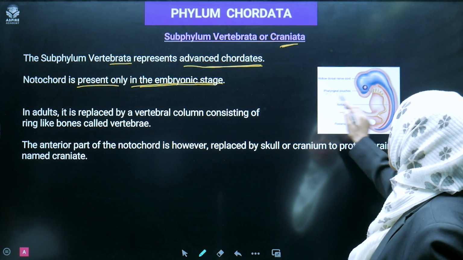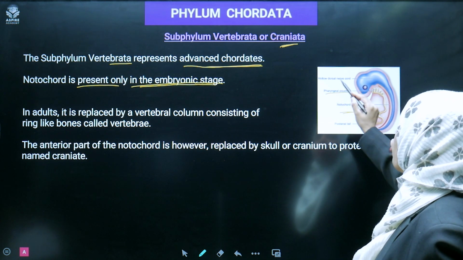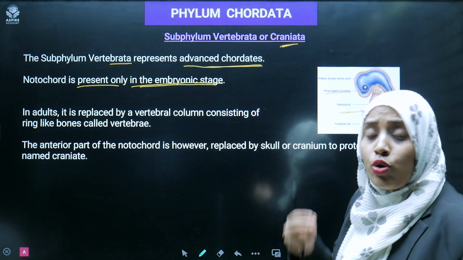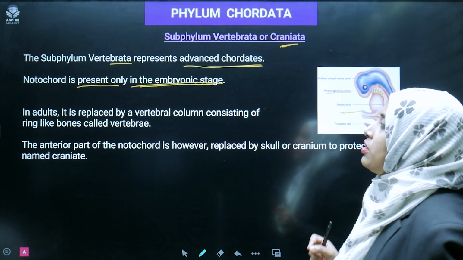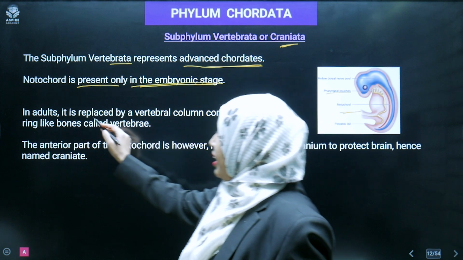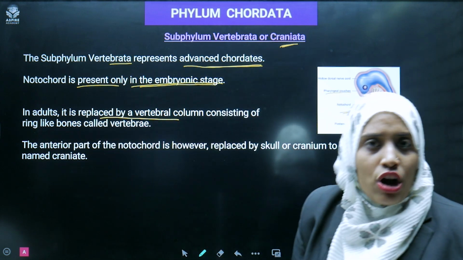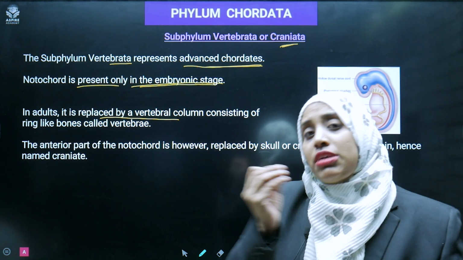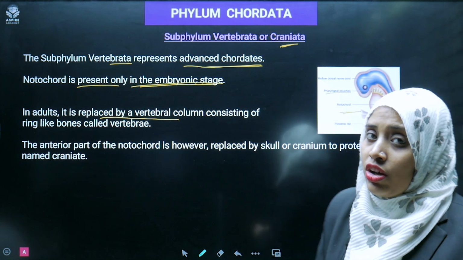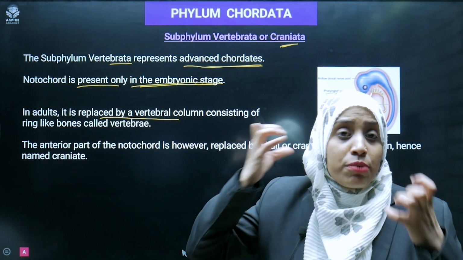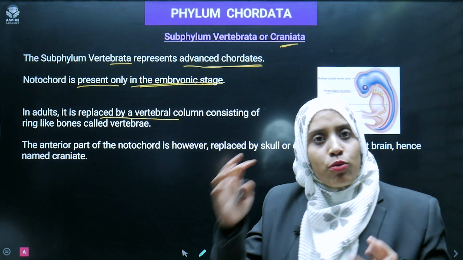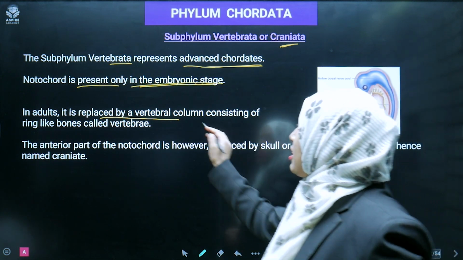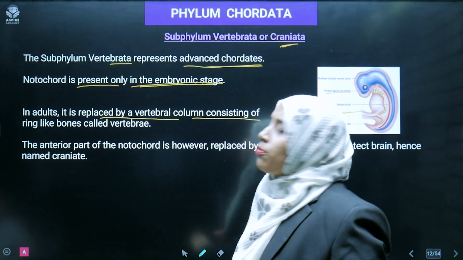Okay, pharyngeal pouches and hollow dorsal nerve cord. ठीक है, डॉर्सल नर्व कॉर्ड है हमारा, हॉलो डॉर्सल सिंगल नर्व कॉर्ड। ओके, in adult it is replaced by vertebral column, और एडल्ट में अगर आप देखोगे तो यही नोटोकॉर्ड क्या बन जाएगा, वर्टिब्रल कॉलम। ओके, as we know वर्टिब्रेट है हमारा, वर्टिब्री जो बोन है, ठीक है, वर्टिब्रल बोन, उसके अंदर क्या है, स्पाइनल कॉर्ड है, ठीक है। So vertebral column is consisting of ring like bone that is known